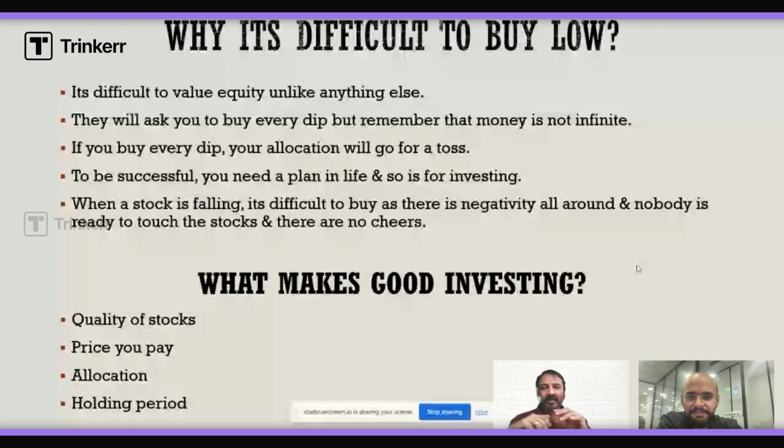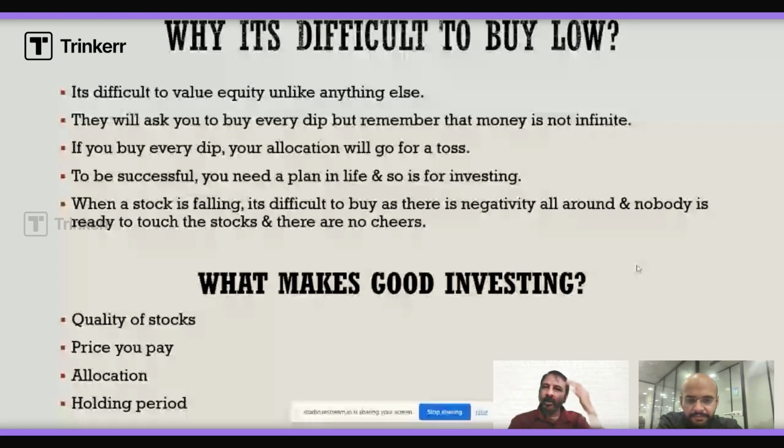But remember, see, let us say a stock is falling from 10,000. Okay, 10,000, 9,500, 9,000, 8,500, 8,000. Where will you buy? How much will you buy? You cannot keep on buying because money is not infinite, correct? So you need to have a method. If you go on buying, what happens is, let us say one stock falls from 10,000 to